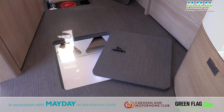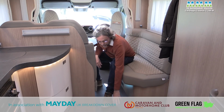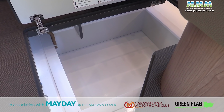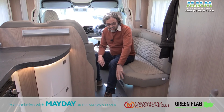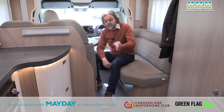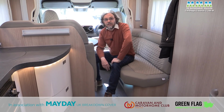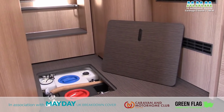Just to the rear of that is a shallower locker, that's about 220mm deep, smaller compartment. This big one is often referred to, I think, as the wine cellar. If you're going to carry a lot of wine or beer or whatever, keep it low down, keep the weight low down, good for weight distribution, that's great. And finally, just before you get to the rear bedroom, there's another hatch that gives you internal cleaning maintenance access